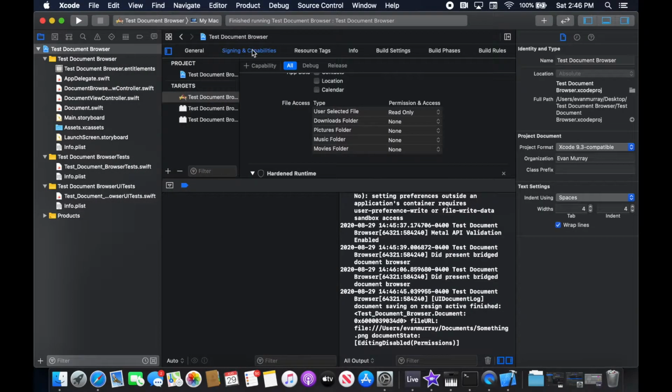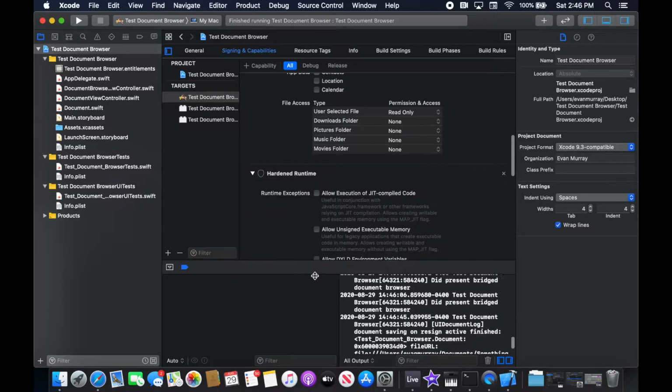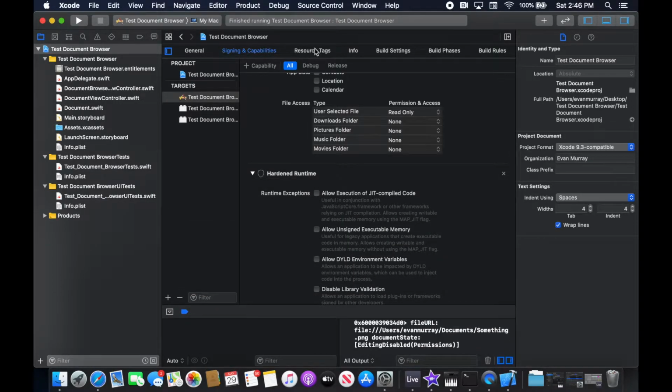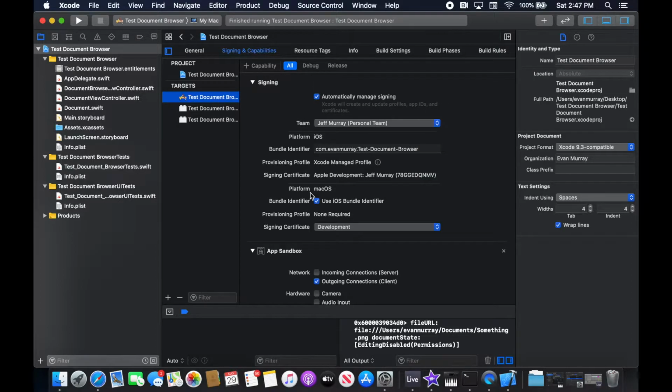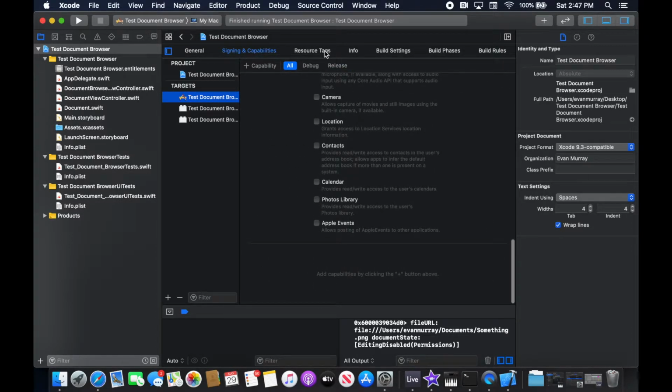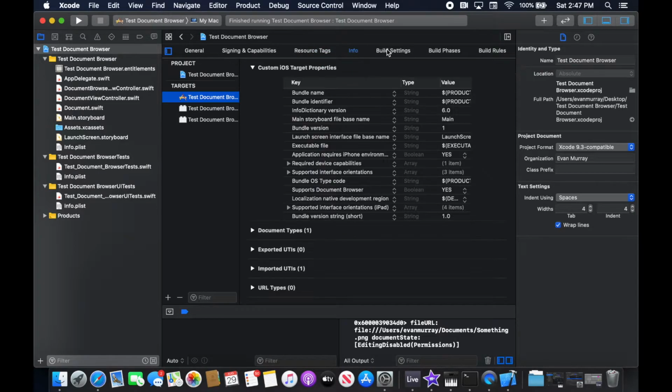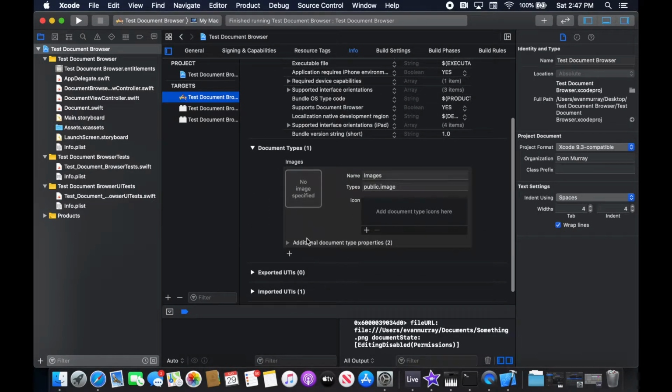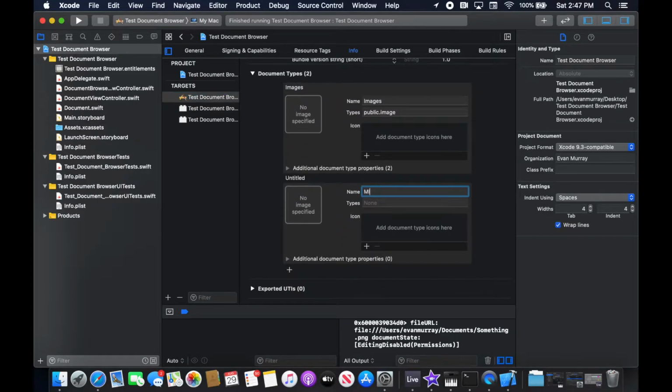Okay, so let's start setting this up so we can load MIDI files on it. The first thing we want to do for that is go to the application, go to resource tags, info. And once we go to this info tab, you can see document types. We're going to add a new document type. This is going to be MIDI. And then type is going to be